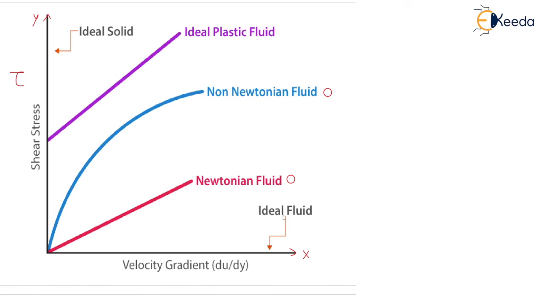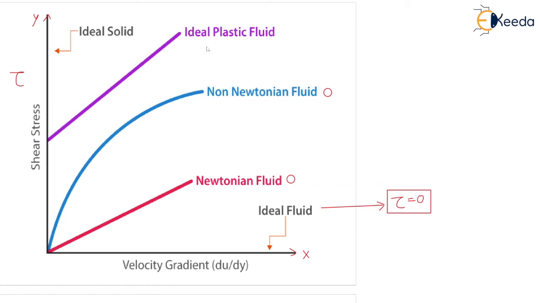Okay, now let's see the ideal fluid. Ideal fluid means the shear stress tau value is 0. When you say ideal fluid, the shear stress tau is 0. You can see here, for the ideal fluid the value of shear stress tau is equal to 0. That means for all ideal fluids, your shear stress is 0. Very important information as per the graph. I hope you have understood your ideal fluid, Newtonian fluid, and non-Newtonian fluid.